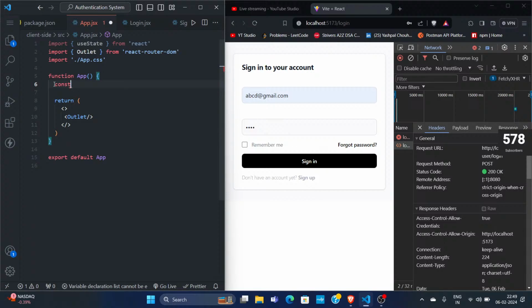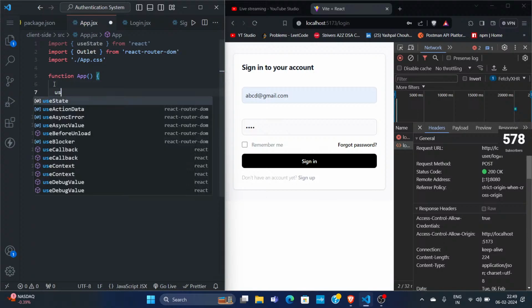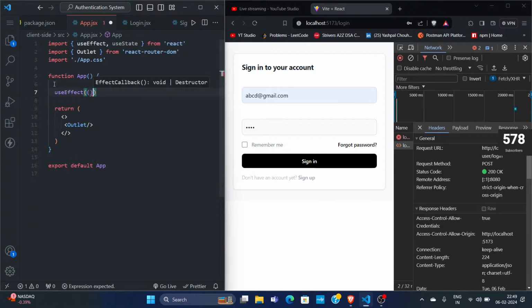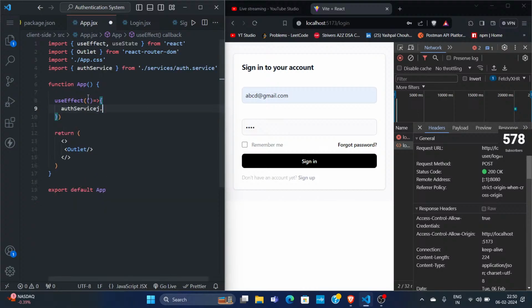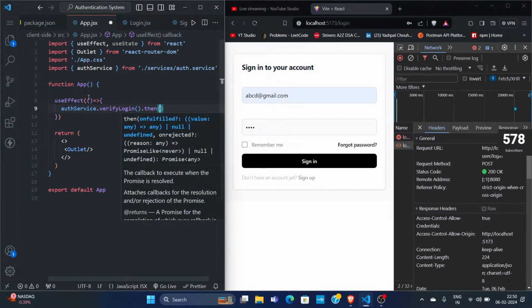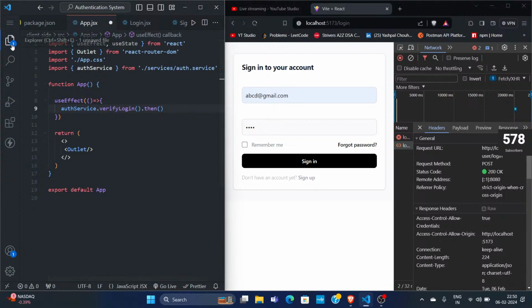Okay, so let's create it inside the useEffect hook, and here we need to import authService.checkLogin, so verify login, and after this .then